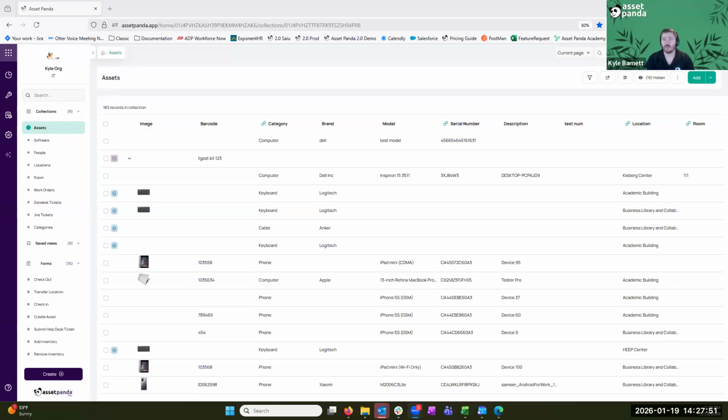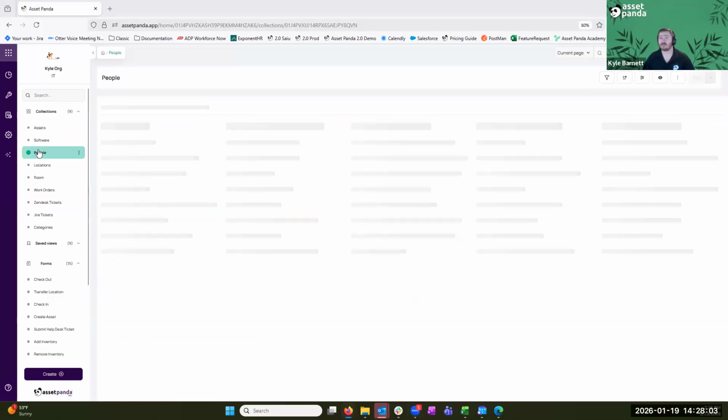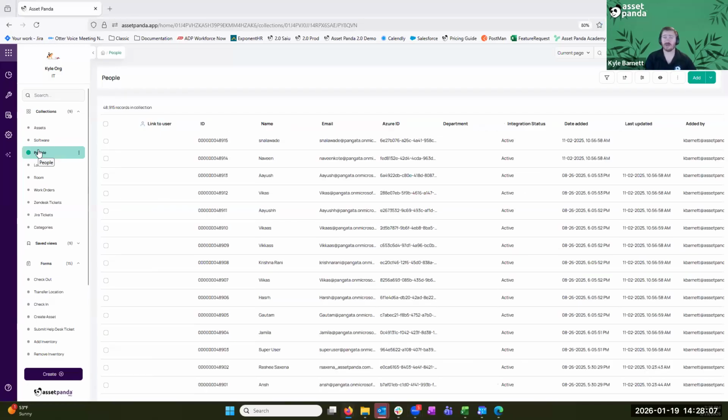And today I'd like to go over our Microsoft Entra ID integration with you. So with the Microsoft Entra ID, why you would utilize this is for two reasons. First is to bring over your employee data into Asset Panda so you can have that additional information on who you're assigning stuff out to, have that employee data synced from Microsoft. The second reason is also to SCIM provision your users,